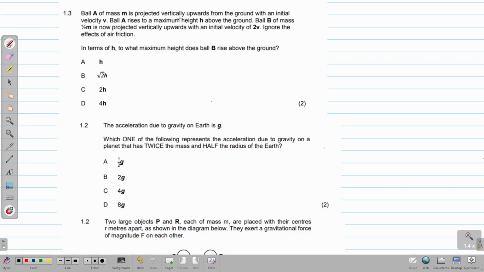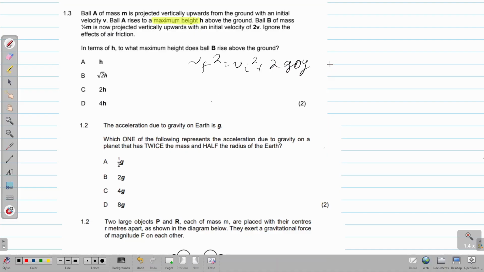We also have to note that maximum height implies that the velocity there is 0. So the equation is v final squared is v initial squared plus 2 g delta y,